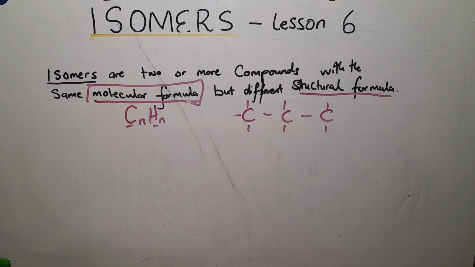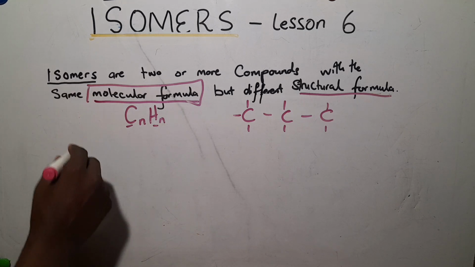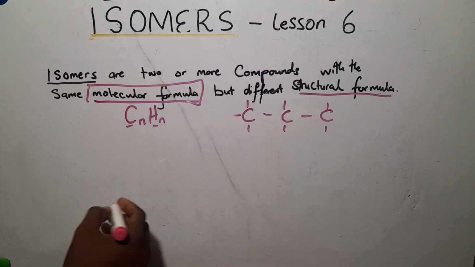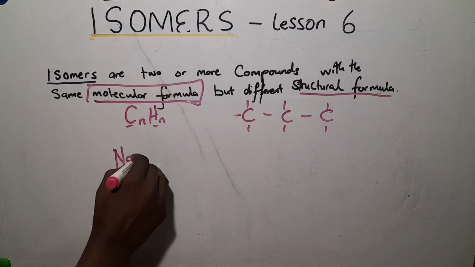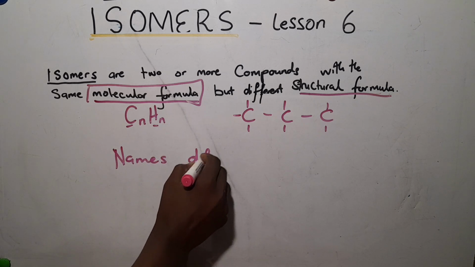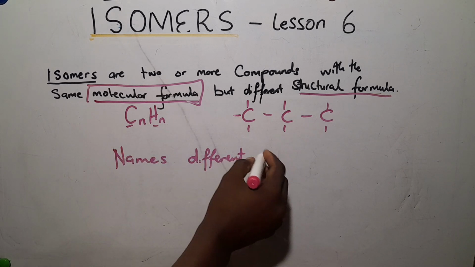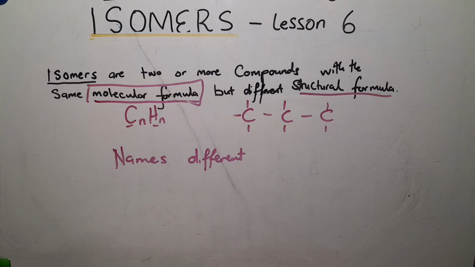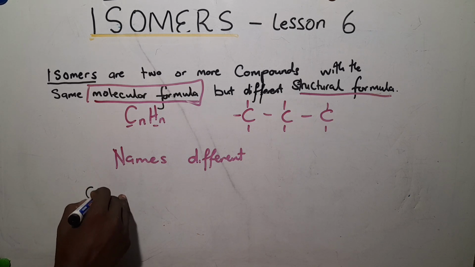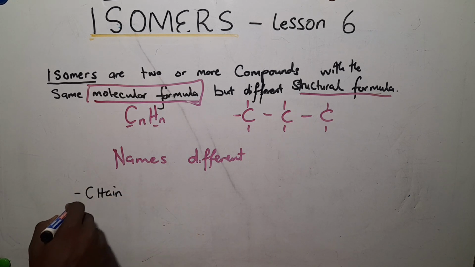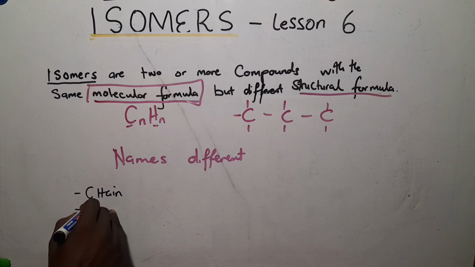So it means that these molecules have the same formula, but how to draw them will be different. Just remember that if the structural formula is different, their names will also be different. If you're having a different structure, the name becomes different. Now let's explore more about these isomers, because we have different types of isomers. We have chain isomers, and also position isomers,